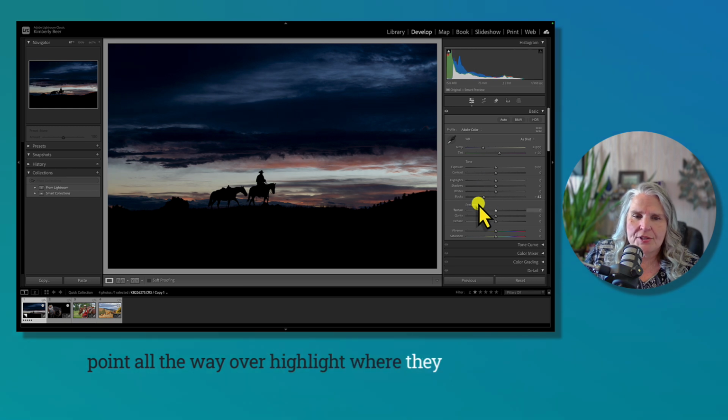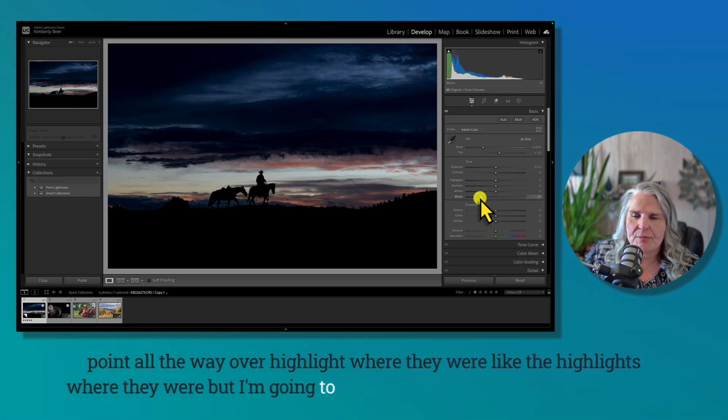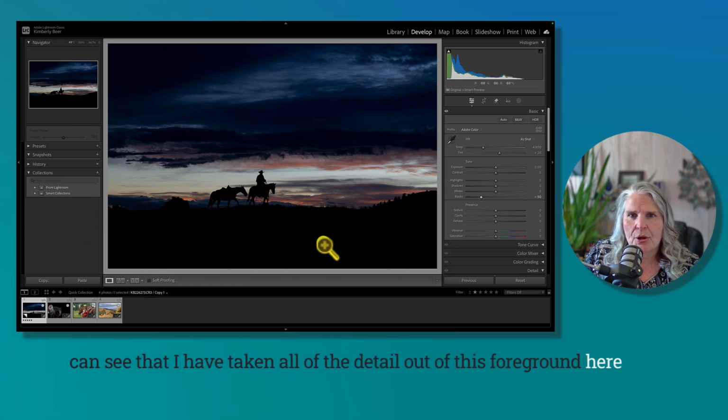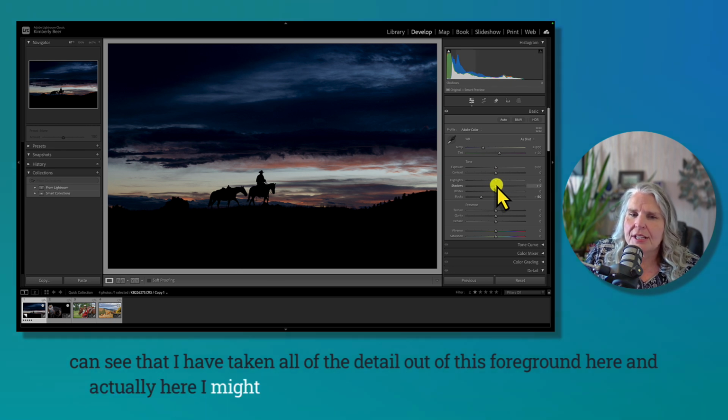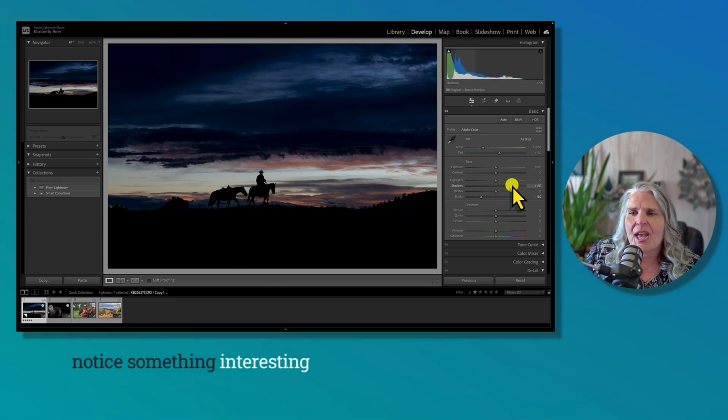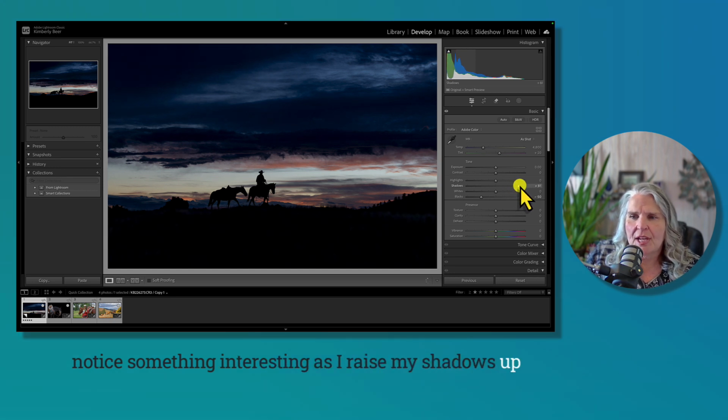Actually, I don't like the highlights where they were. I like the highlights where they were, but I'm going to bring my black point over. And now you can see that I have taken all of the detail out of this foreground here. And actually here, I might want to raise my shadows. Now you're going to notice something interesting. As I raise my shadows up,